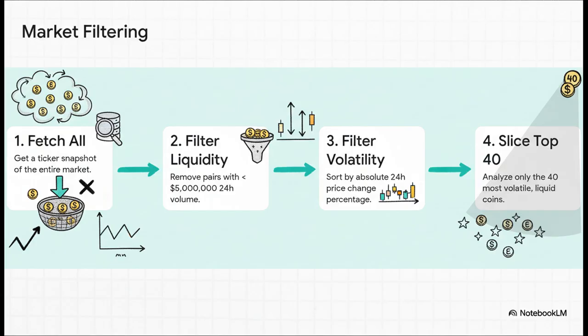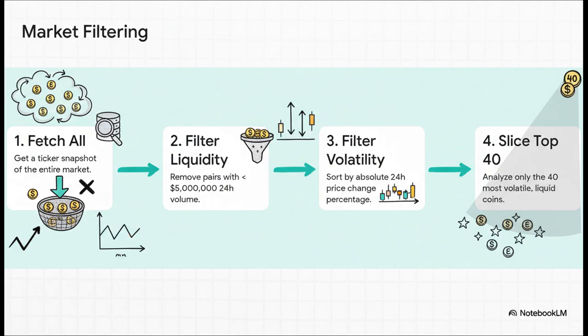First, it grabs a snapshot of everything. Second, and this is super important for avoiding false alarms, it filters by liquidity. Any coin with less than $5 million in daily volume gets thrown out. Why? Because those low liquidity coins can have these insane, meaningless price spikes that would totally fool the algorithm. By focusing on liquid coins, the system makes sure it's looking at real market moves. Third, it sorts everything left by volatility. And finally, it takes the top 40 movers. This whole process is about focusing its brain power on the coins that are the main characters of the market